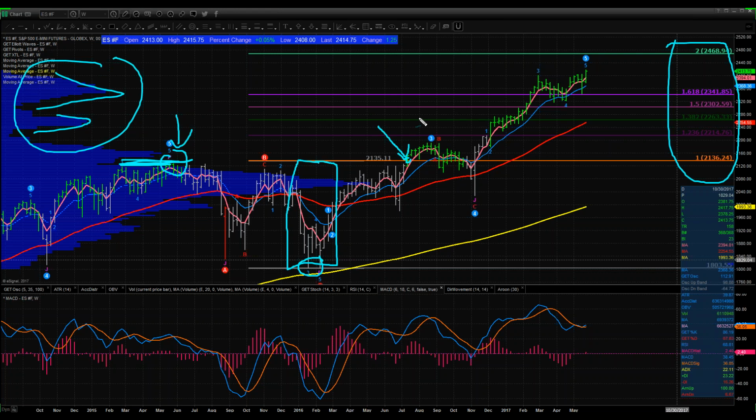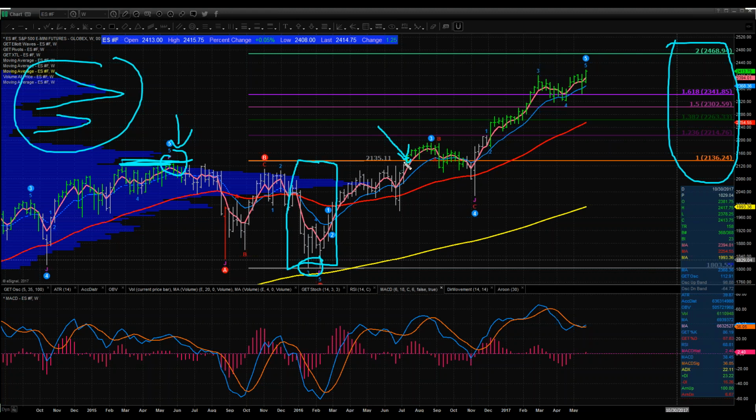So when you're plotting where the markets can go in dry powder, meaning we've never been there before, Fibonacci is a great tool because it measures fear and greed. It measures where human nature has a tendency to take profits, when buyers tend to step in, when sellers tend to step in, because there's a constant battle in the markets between buyers and sellers. And it does a really good job of giving you a good framework for where you can expect support and